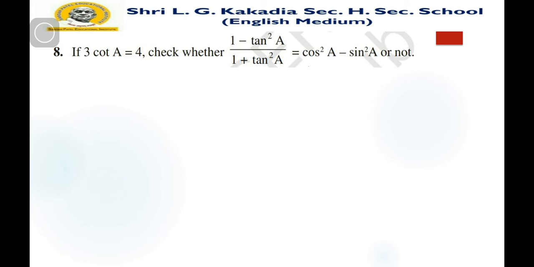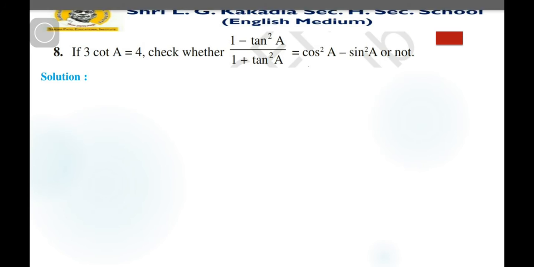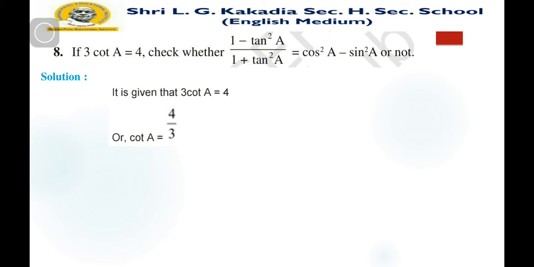So, solution. It is given that 3 cot A is equal to 4. So in that manner we can find cot A is equal to 4 upon 3, moving 3 to the RHS. So we have the value of cot A as 4 upon 3. After that,